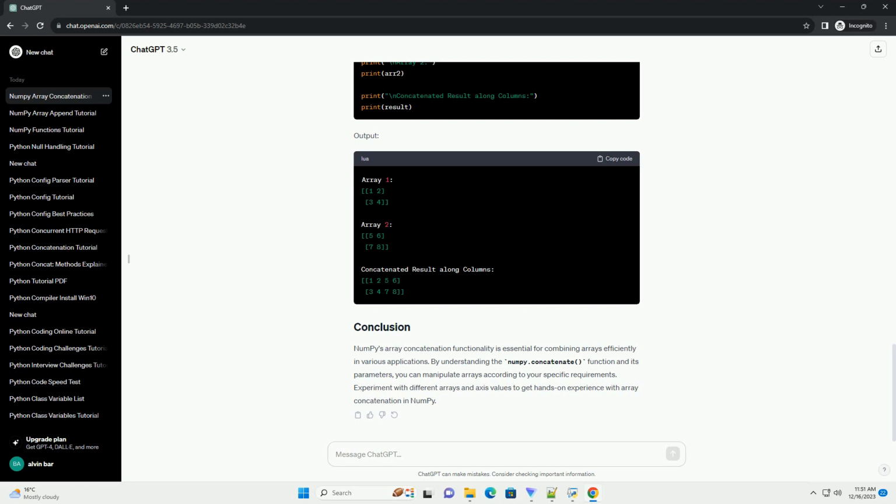If you haven't installed NumPy yet, you can install it using the following command. Once installed, import NumPy in your Python script or Jupyter notebook. NumPy provides the numpy.concatenate function to concatenate arrays along a specified axis. The general syntax is: Let's explore different scenarios of array concatenation. Output: